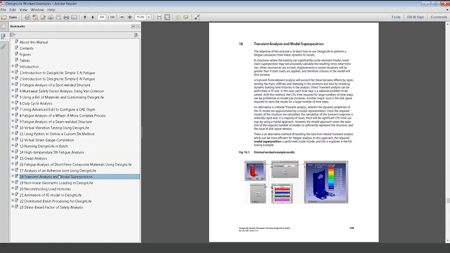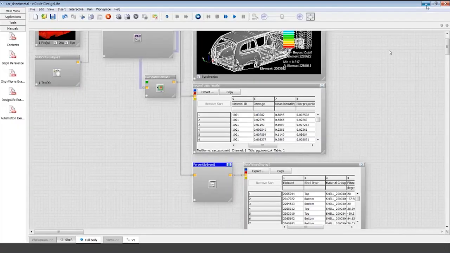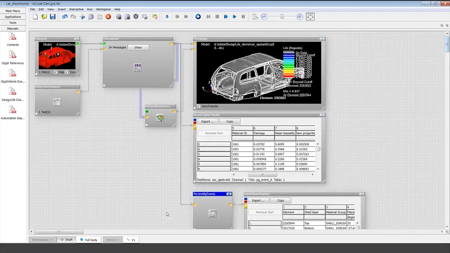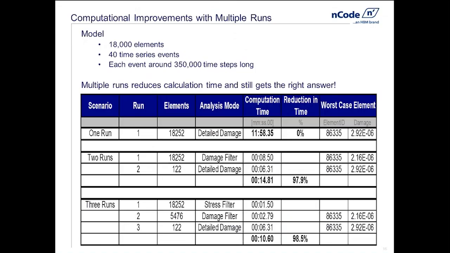Here's transient analysis using modal transients. We talked about this as being an efficient technique for working with long time series data, but still accounting for dynamics without having to rely on a direct transient, instead using a modal transient. So this will step you through how to build that process. And also we have other things here, like how to look at duty cycles. One of these in here is working with duty cycles, and so on. So I encourage you to look at this. This may help you in trying to replicate some of the things that we've looked at in our calculation today. So with that in mind, just want to